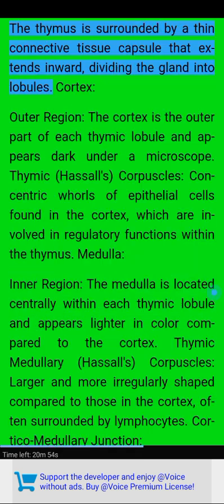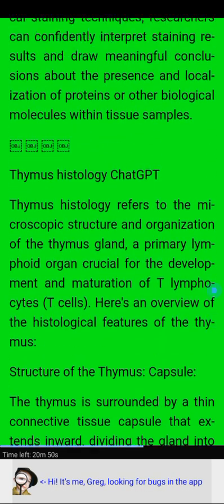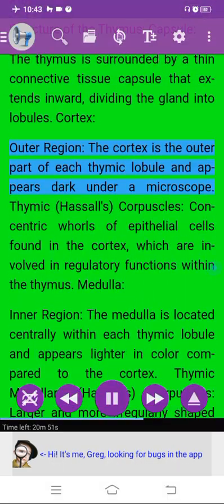Structure of the thymus. Capsule: the thymus is surrounded by a thin connective tissue capsule that extends inward, dividing the gland into lobules. Cortex, outer region: the cortex is the outer part of each thymic